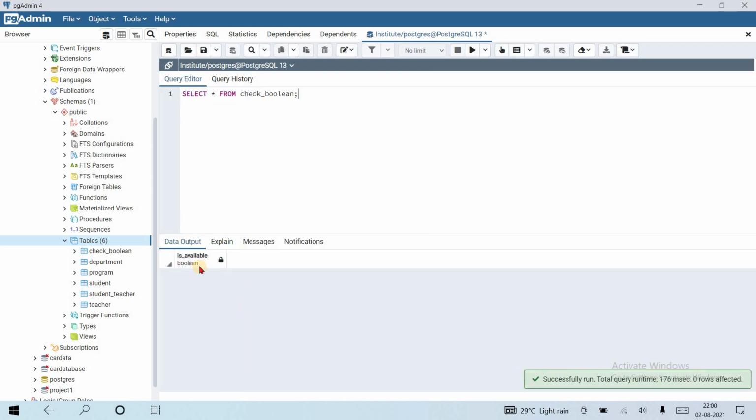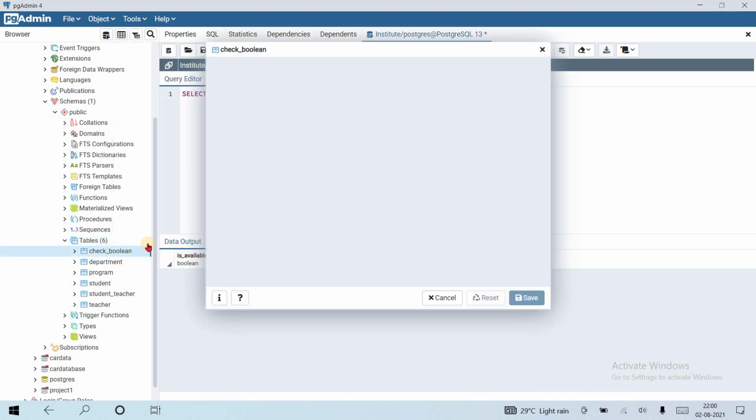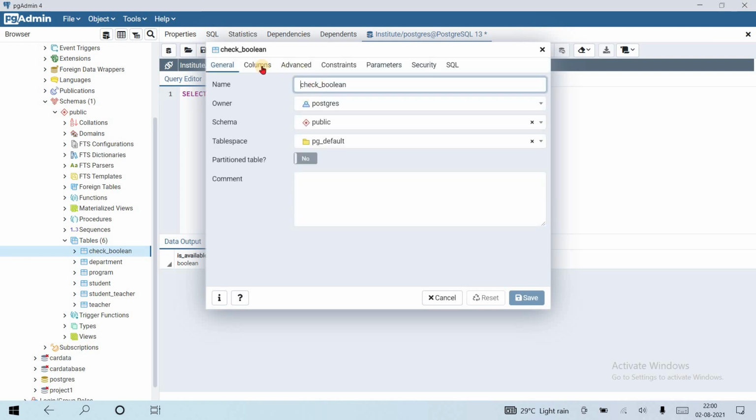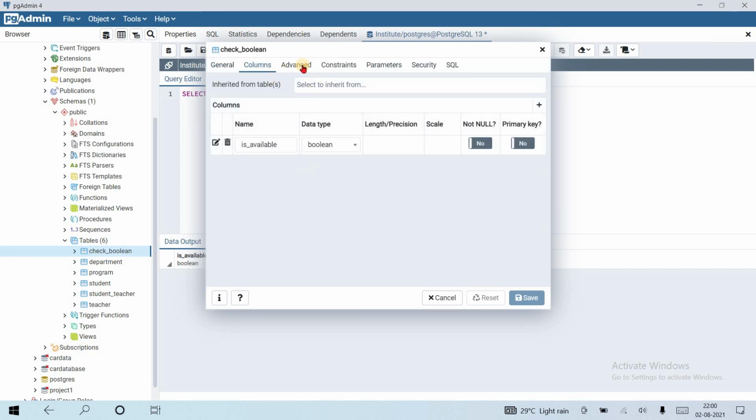And if you go here and check the definition of this table, the data type of the column is boolean.